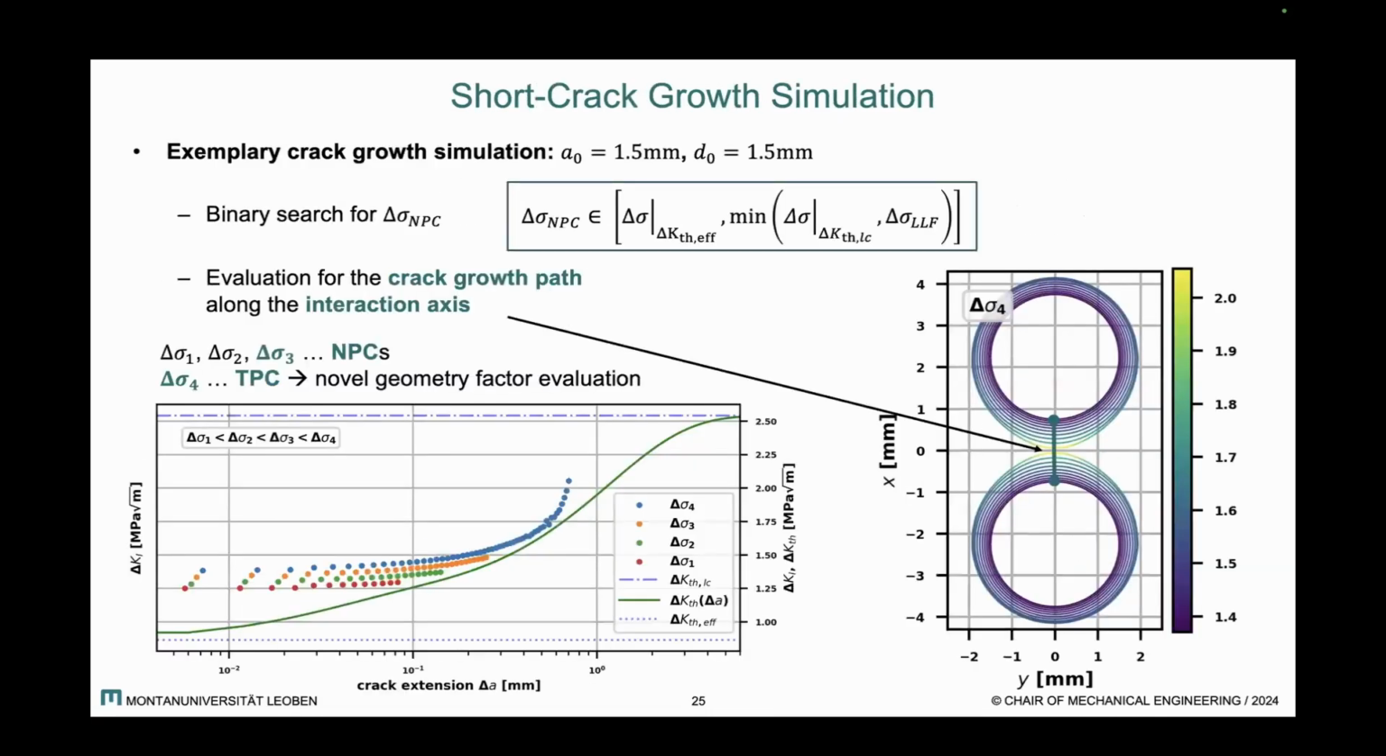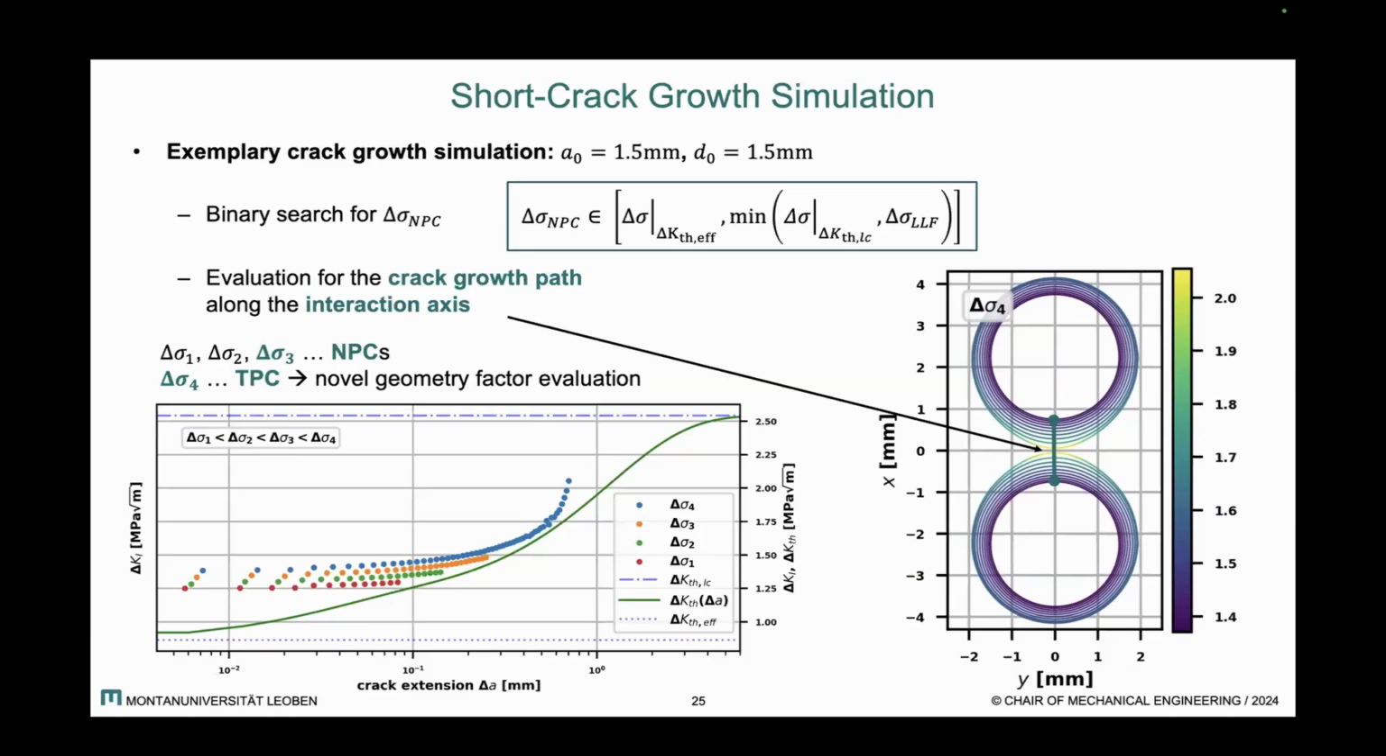And here I have an exemplary simulation result. We are searching for the non-propagating load scale limit of maximum non-propagating crack formation, which means we are looking for a load scale factor between the intrinsic crack growth threshold and the long crack growth threshold. And for the results, we are looking at, for once, the maximum non-propagating crack formation, which would be sigma 3 in this diagram. And for the geometry factor evaluation, we are looking at the load scale factor 1 megapascal above this. So we get the through propagating crack and the